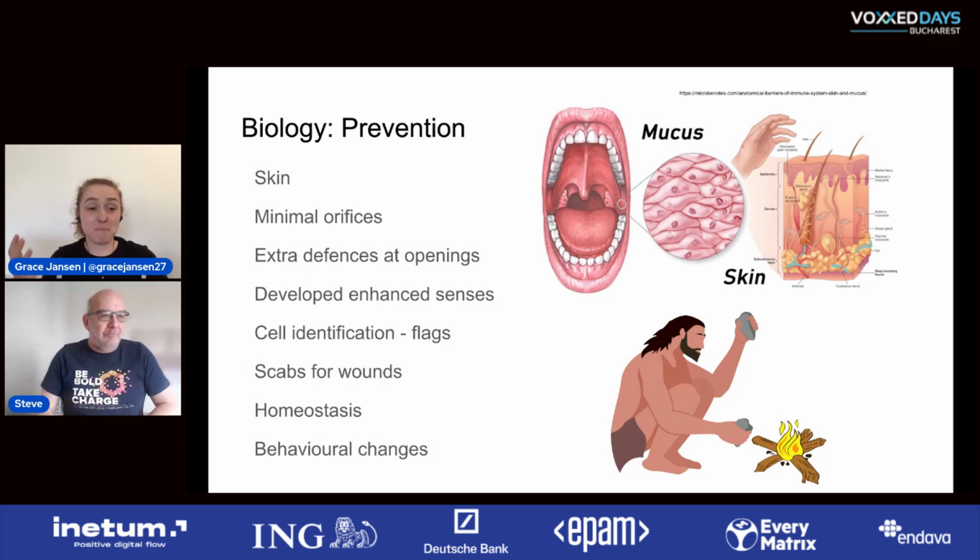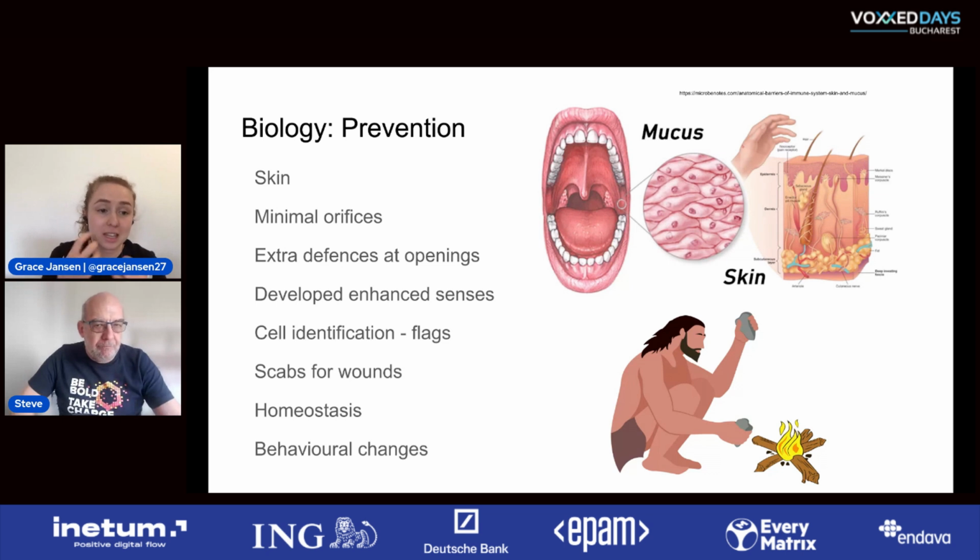So we've got some amazing prevention strategies. It's called the innate immune system. So that just means it's innately there for us. So the first thing is we limit the amount of access points to the inside of our body. Our skin is a fantastic barrier to these potential infections, and we have a minimal amount of orifices. There's not that many entrances that infections can get in, our mouth, our nose, etc. But we've tried to keep it to a minimum.